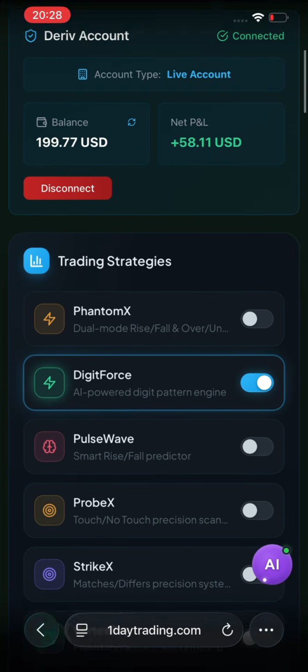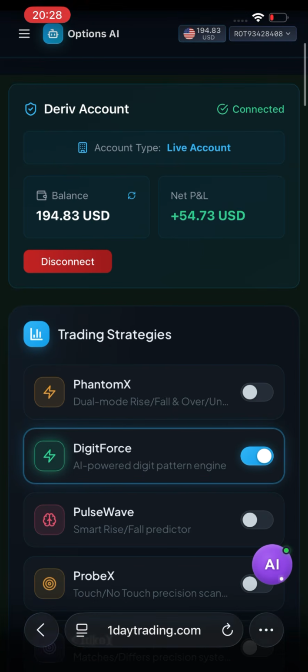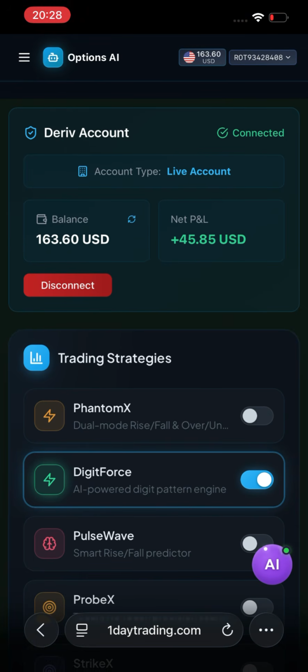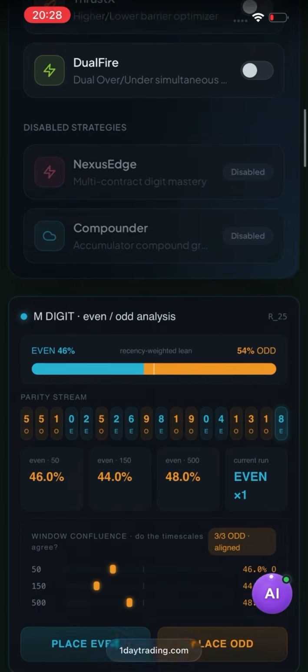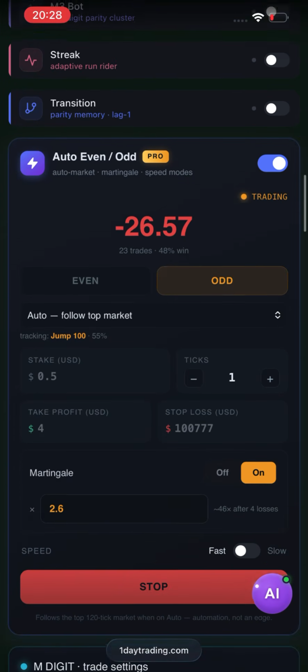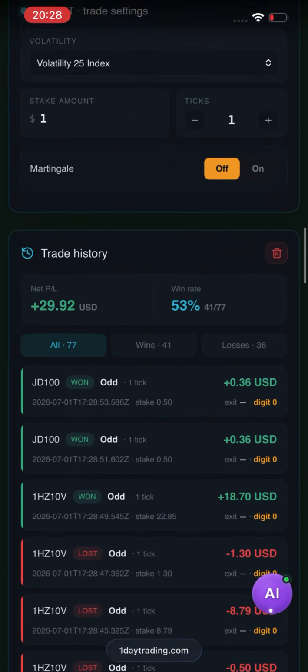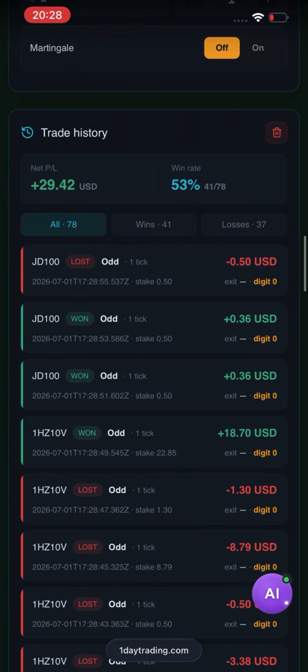So currently we should be making, you can see 195, 194, okay, 195, 186 again, 186 again, 163, hey, 140, 160, hey. And remember, we are using a 0.3, 0.5. Hey, you see, if I had a 2, already this account could be brown. Already the account could be brown. See, we are at a very, very big drawdown, and I hope, though our account is safe using 0.5,